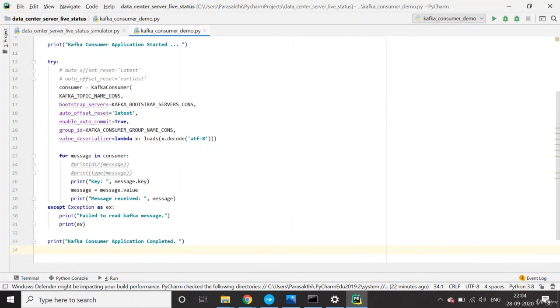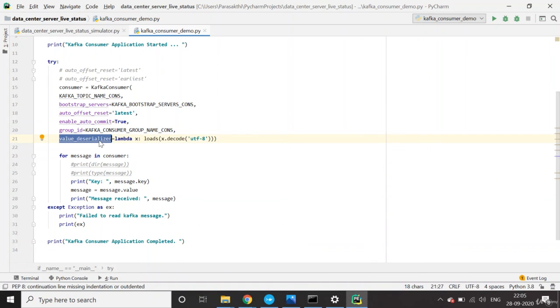So basically here we need to create a consumer object. The producer publishes data to the Kafka topic, whereas a consumer consumes the data from the topic. So we are going to create a consumer object, and you need to pass the topic name, bootstrap server, and whether you want to get the offset, which is nothing but a message ID, for the latest messages or earliest messages, and the consumer group. Basically, a set of consumers can form a group, which is called a consumer group.